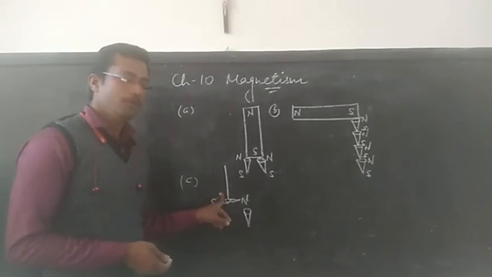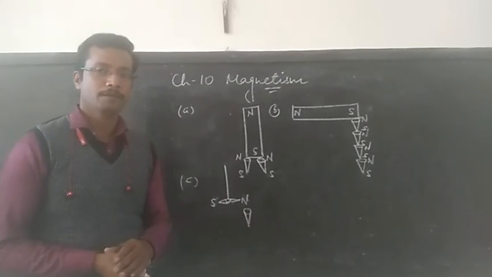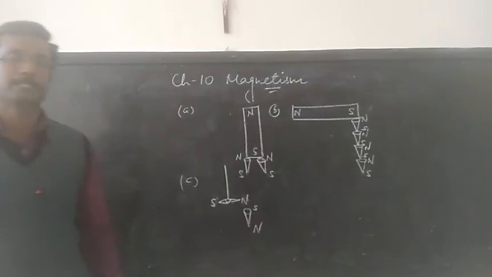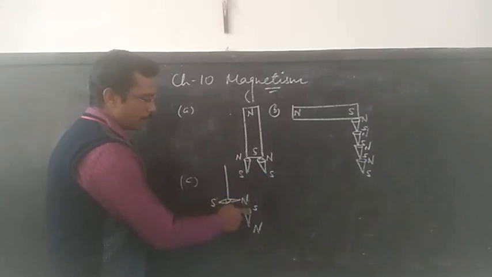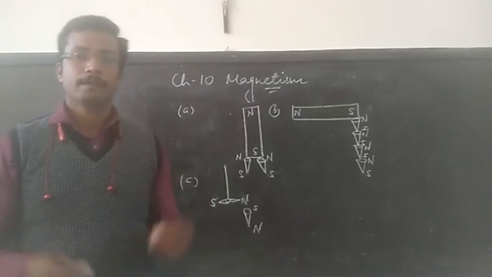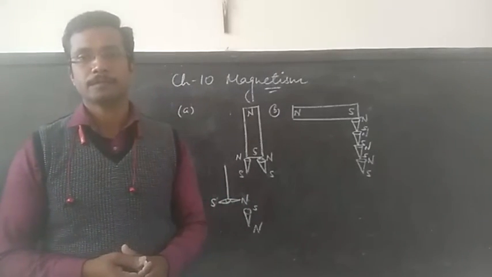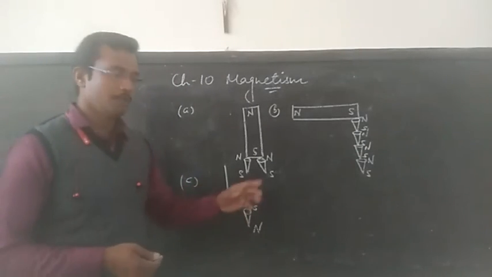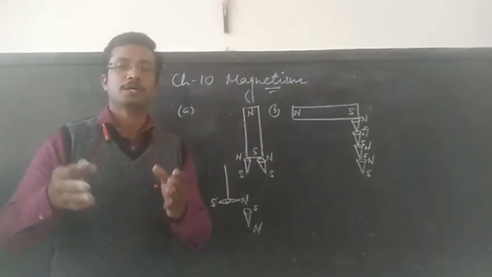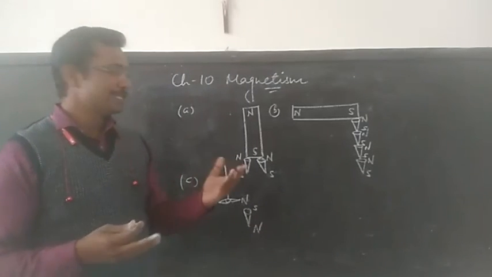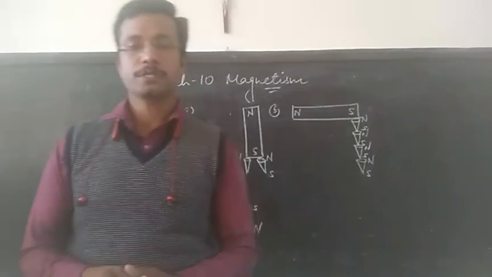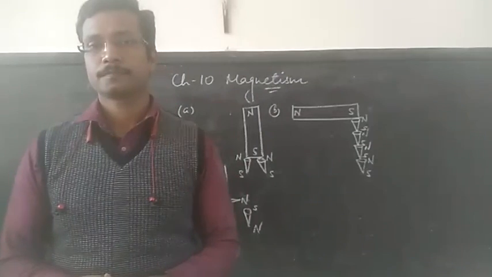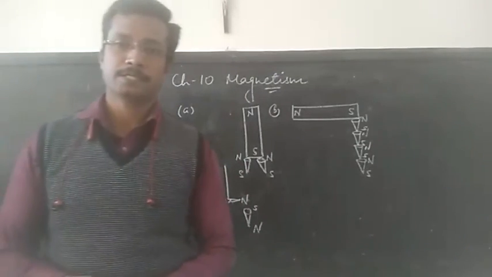The reason here also is induced magnetism. This magnet will induce magnetism on the iron nail, with the head acquiring the opposite pole and the tail the same pole. Now because these two are opposite poles, they will attract each other, and because this magnetic needle is free to move, it will move towards the iron nail. So this way we can answer all the questions. This magnetic induction or induced magnetism is very important. So you should try to complete this exercise. Thank you.